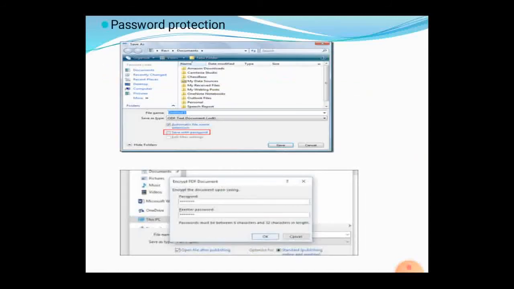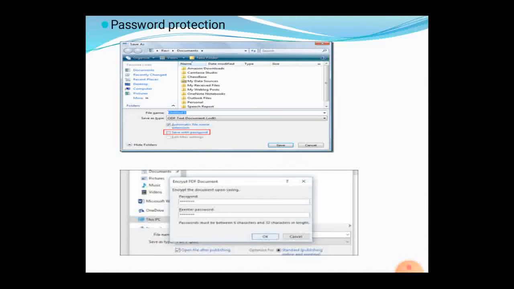Okay, next, password protection. In the document we have seen how to protect our document using a password. Similarly here also we save the file using the save as option, and beneath that there is a save with password option. On clicking that and giving OK, a pop-up message will appear asking you to enter your password, followed by confirm password.